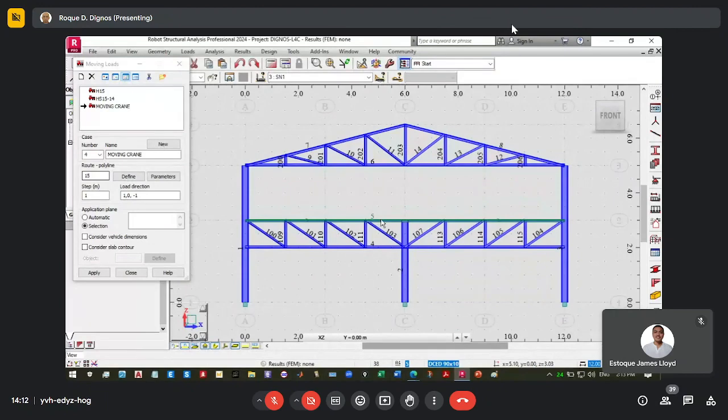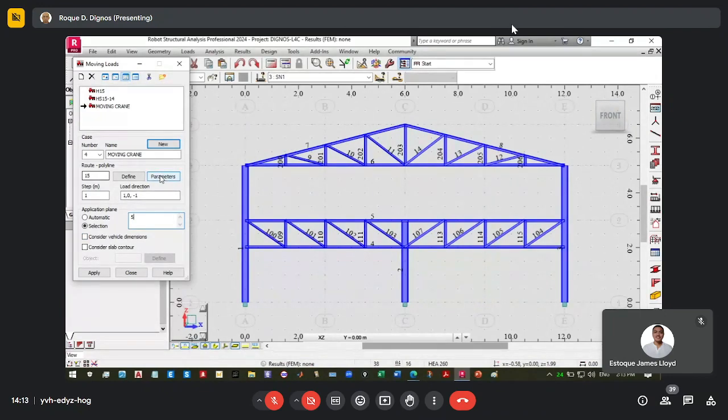So that is member number 5. In the manual, that is member number 8. Since the rope truss was plotted first, I intentionally start here so you can see the difference. You need to check this, instead of just inputting 8, even though it is not 8 but 5. So in that case, that is 5, the top chord of this truss. So 5.